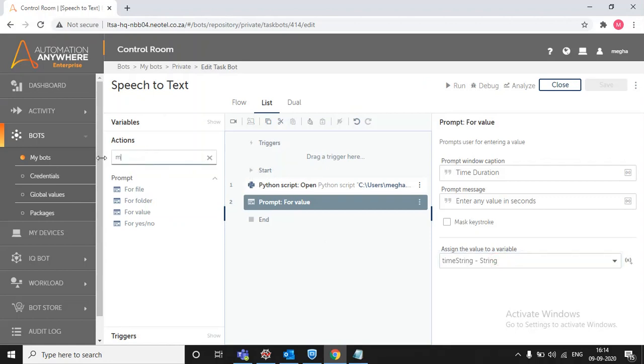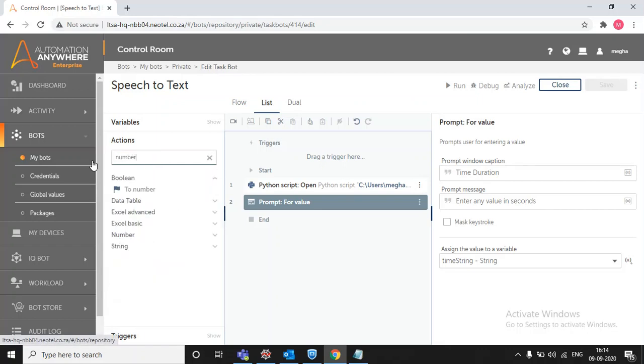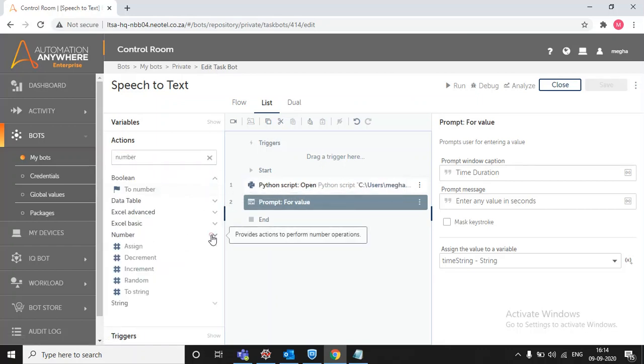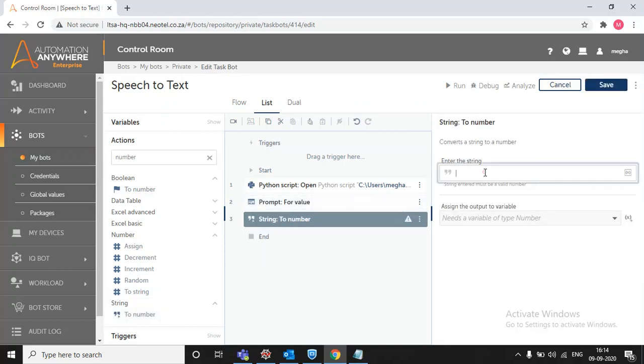For this we'll use, here we'll see string, we have to convert our string variable into number. So what we need to do, we need to convert this string to number. Enter the string.